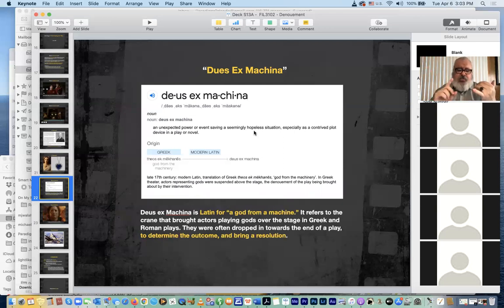So it means the machine that transported the gods, Deus Ex Machina, and it's now become a colloquial phrase that we use when the author uses some kind of mechanism or tool at their disposal at the very end of the movie to wrap up cleanly something that they kind of wrote into a corner by mistake, right?